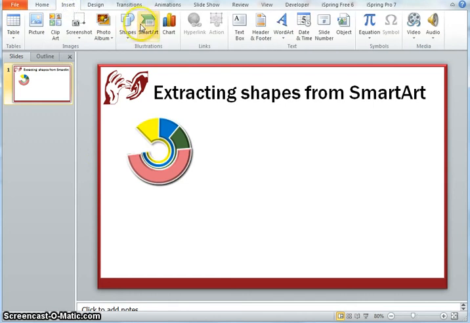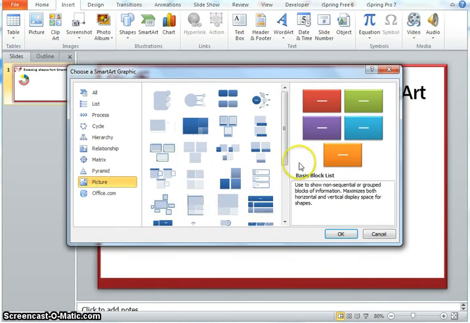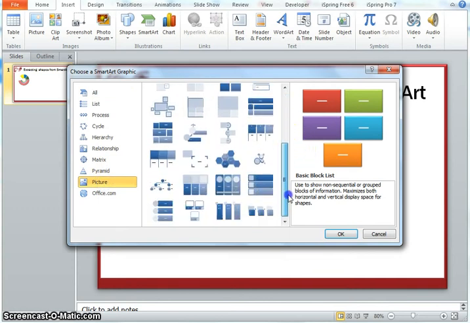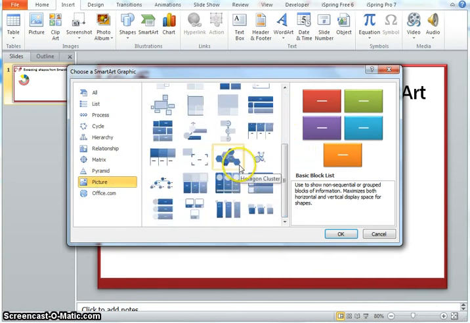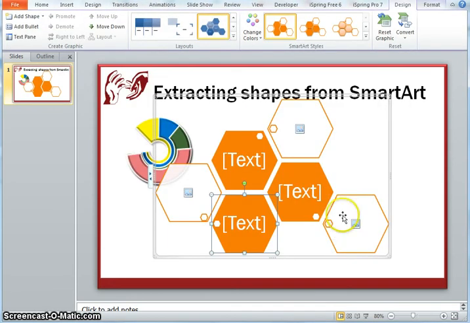Similarly, if I have a SmartArt, for example, we have a lot of picture related SmartArts. One option is that I could go from a picture option, because otherwise when you crop a picture, it's only going to be horizontally or vertically cropped. But from here I can also choose a picture.